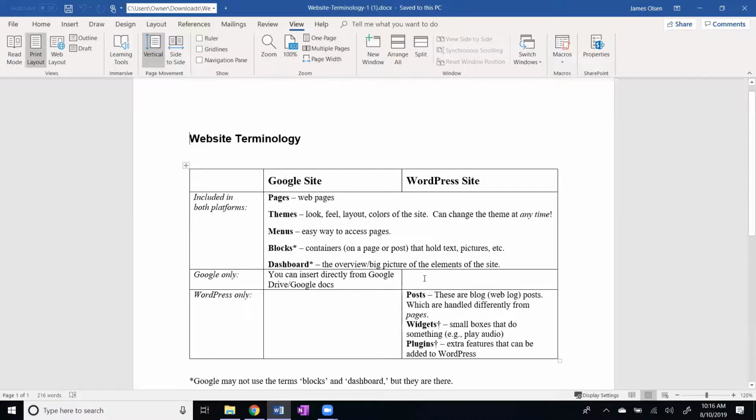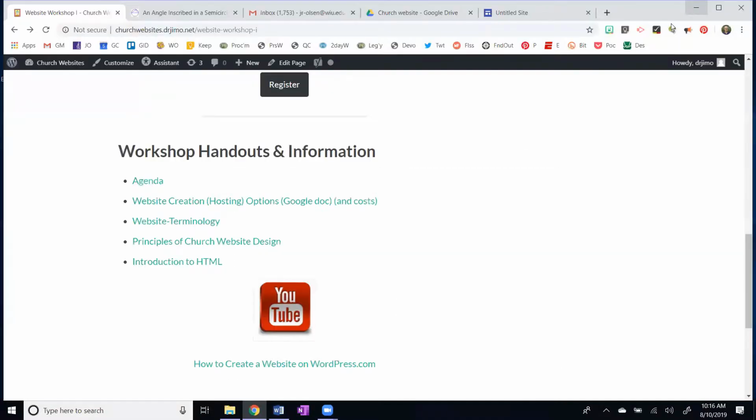Okay, so with the website terminology handout, throughout the 2-hour workshop here today, these terms are going to start working on us. Pages, themes, menus, blocks, and so on. So you can have that sheet there, and if you want to take some notes on it or elsewhere, I'll leave that up to you.